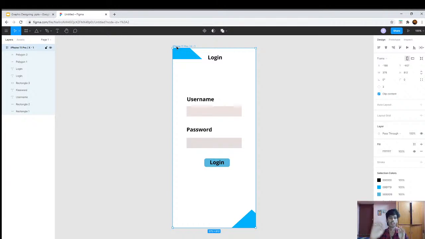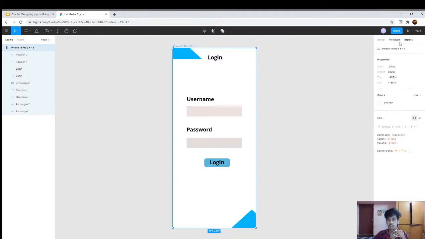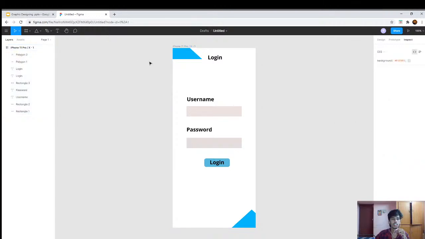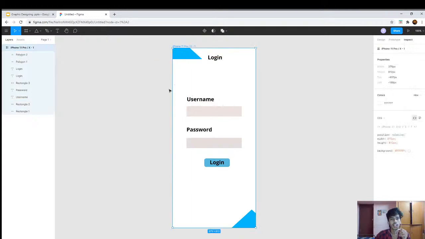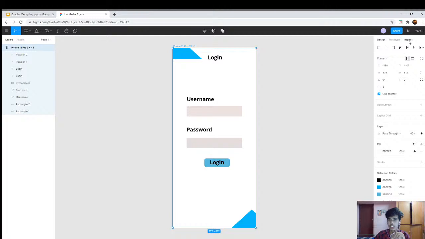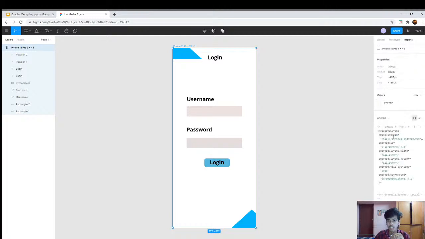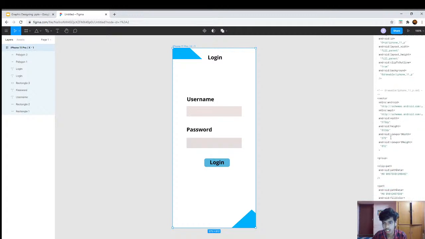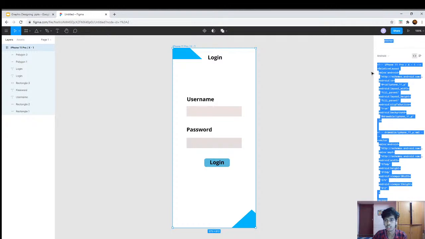If you already designed this, and you want to change this design into code, like you want to implement this design into your Android interface, just go to this. If you want to implement this prototype in your Android or web application, just click here, which will select all the layers in this list, and go to inspect. There is an option called Android. If you want to convert this design into code, there is XML user interface code available here, and you just copy this and paste it in your Android Studio,